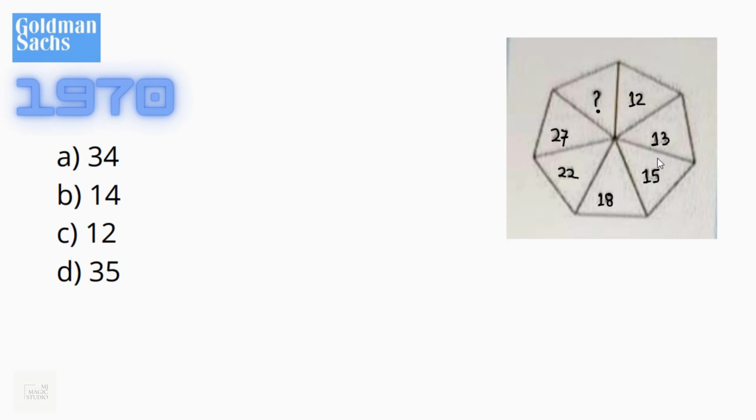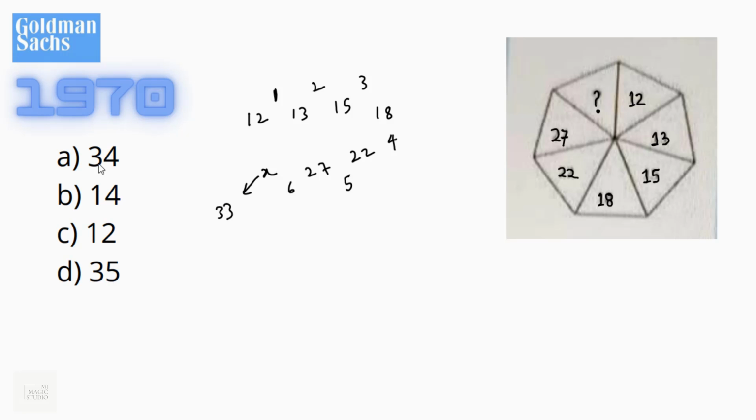Okay, 1, 2, 3, 4, 5, 6, 7 numbers, and they must be following some rule, as we can see. So we have 12, 13, 15, 18, 22, 27, and then X. So 12, 13 difference is 1, 13, 15 difference is 2, 15, 18 is 3, then difference between 18 and 22 is 4, 22, 27 is 5, and if we follow the difference pattern, 27 plus 6 should be